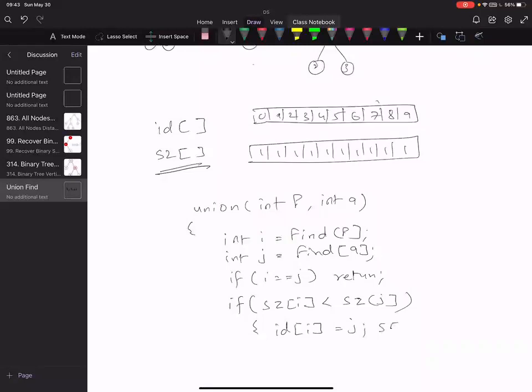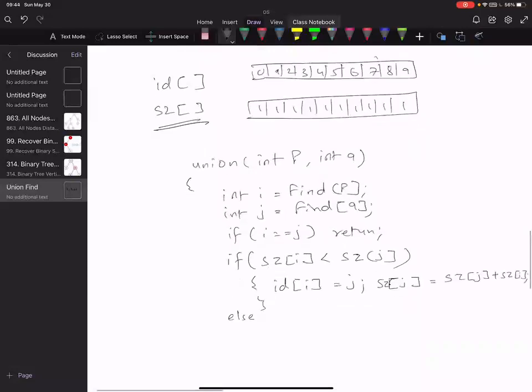And since I'm making i a child of j, I am increasing the size of j: size of j equals size of j plus size of i. So because I'm making i a child of j, I'm increasing the size of j by size of i.